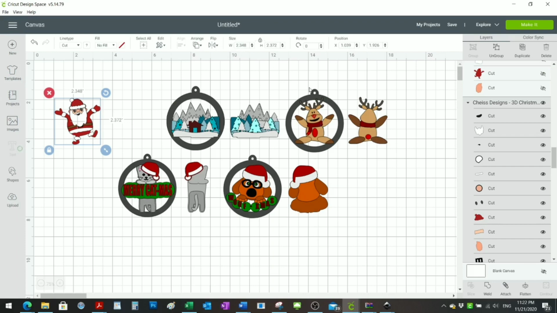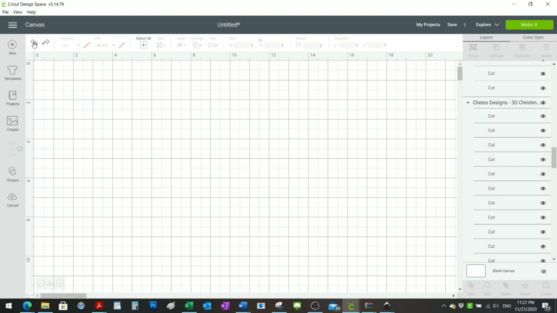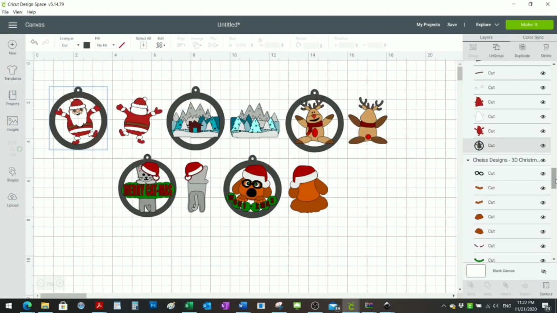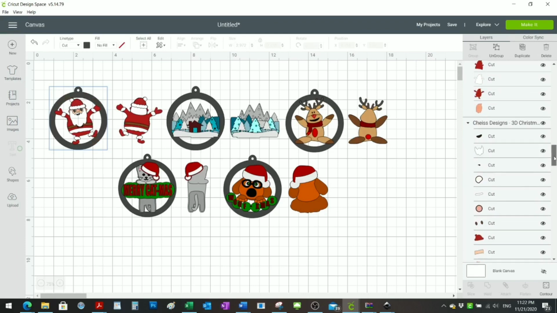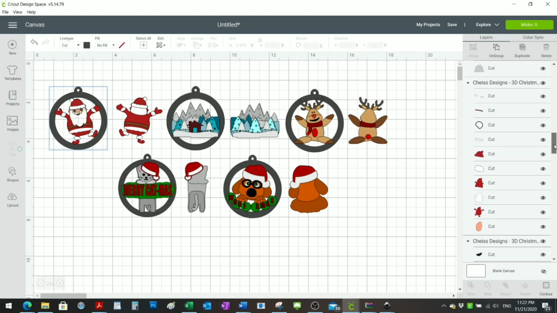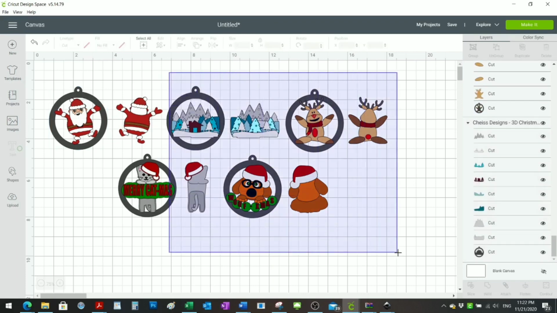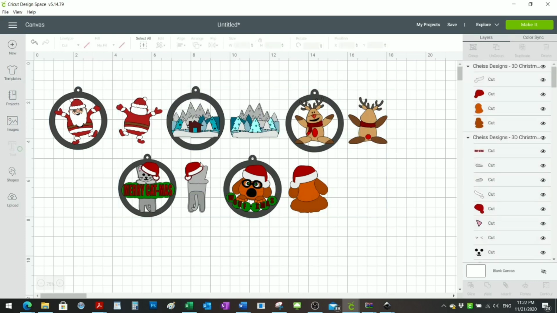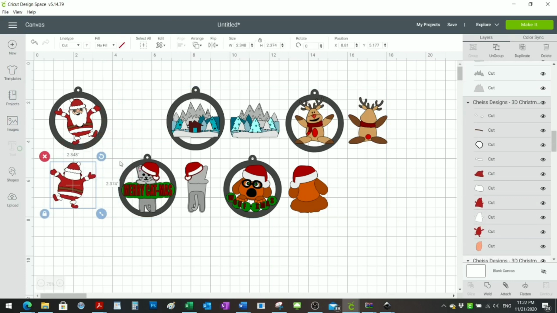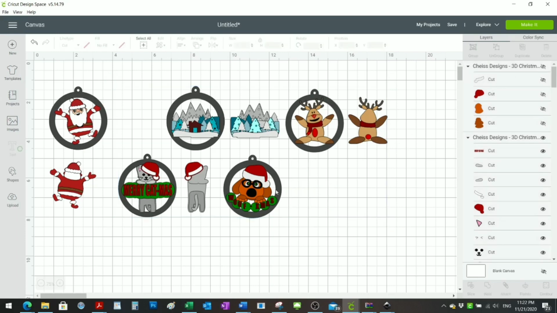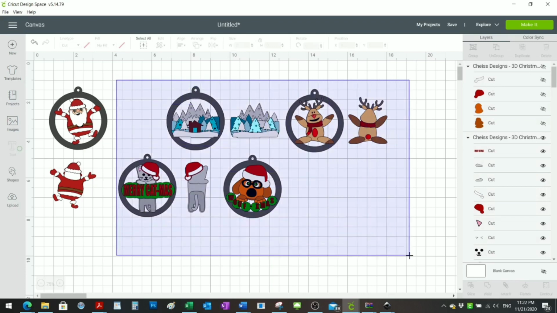So for example, let me just go back here. So you can see here on the design that this Santa Claus, for example, has a lot of pieces. So that's why it's a good idea to do one by one. And what you will do in this case is that you can just select this whole group like this, for example. Oh, it's selecting my Santa Claus. I'm just gonna move it here, and then I can just go ahead and hide all of this. Oops, didn't work. I have to group it first, sorry. So I'm just gonna group it